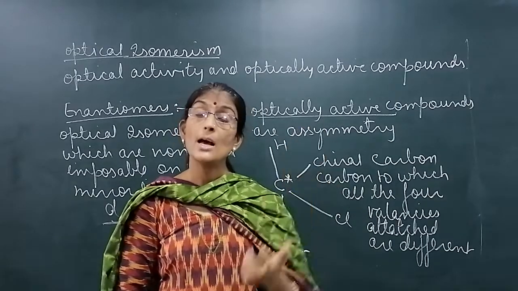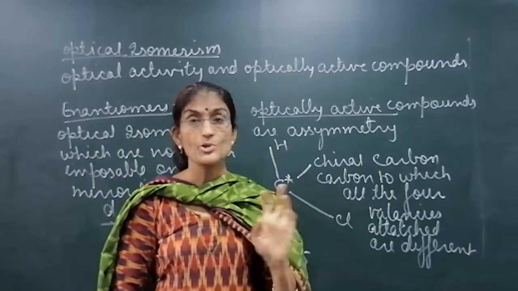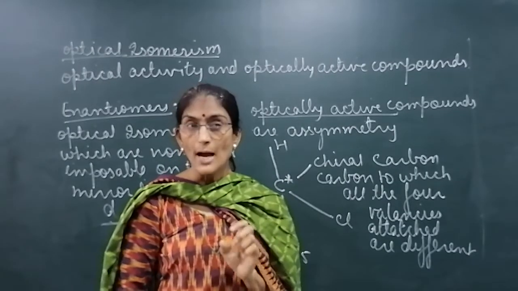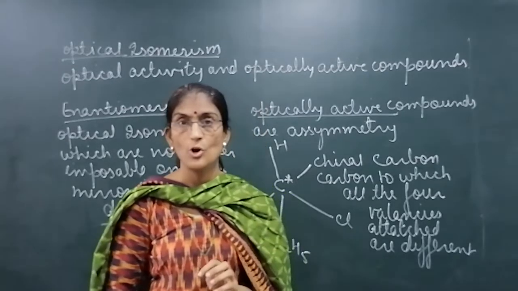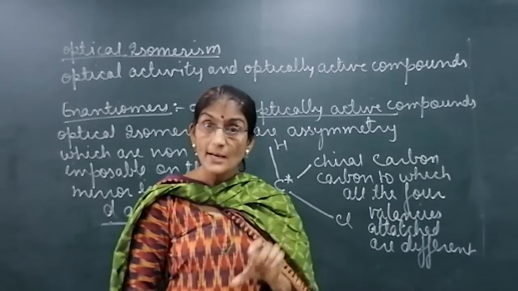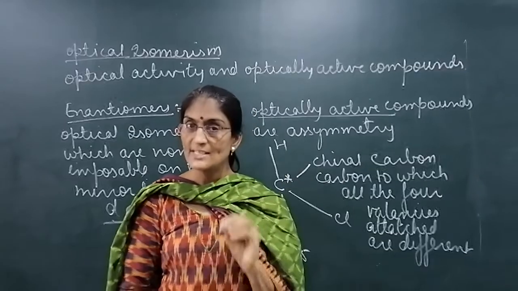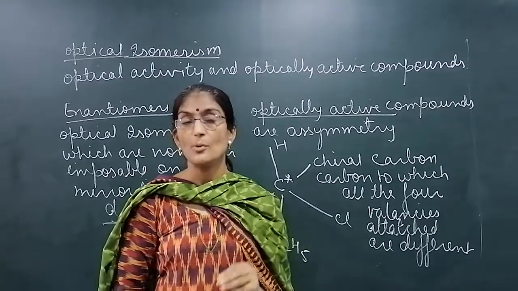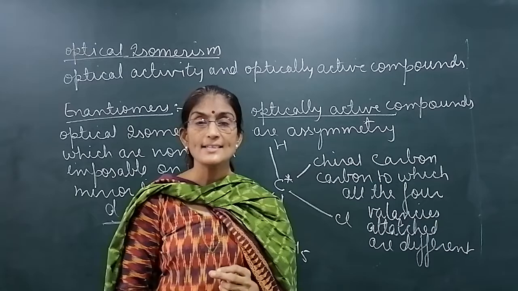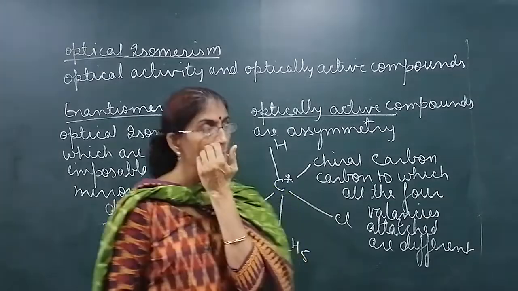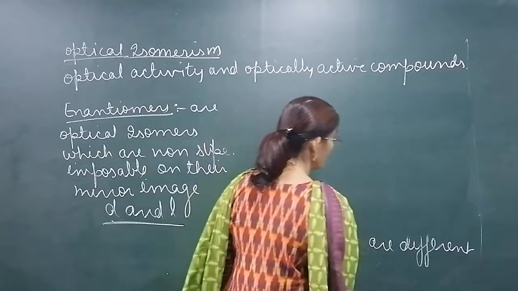There are 2 chiral carbons, even then the molecule is symmetric. It will not show optical activity. So chiral carbon is primarily how we can find out whether the compound is optically active or not. But what is the basic reason for showing optical activity? That is asymmetry. If the molecule is asymmetric, we can say that it is optically active. If the molecule is symmetric, then we can say that it is optically inactive. Okay. Now we'll find out which compounds are optically active and which are not.